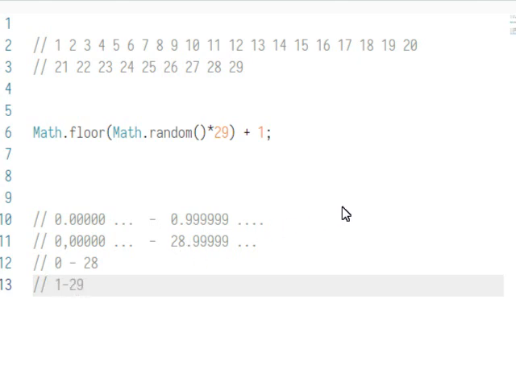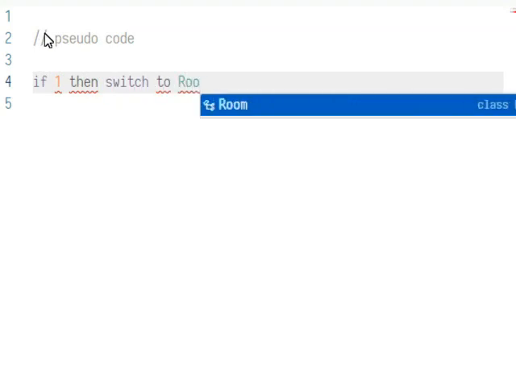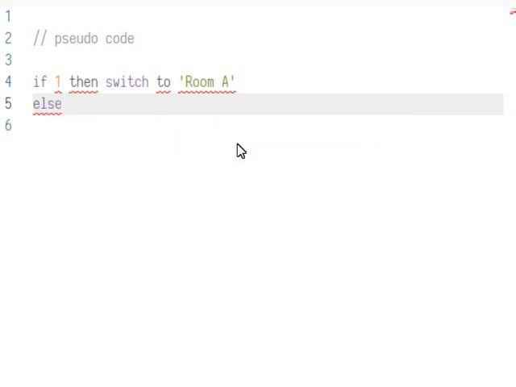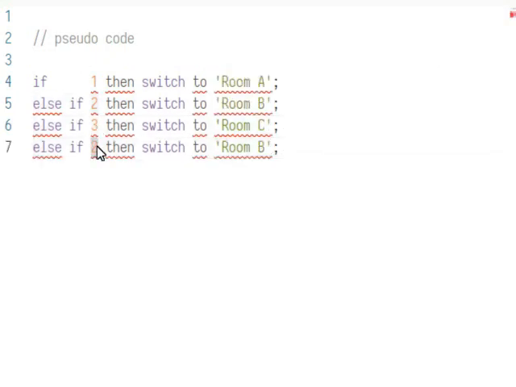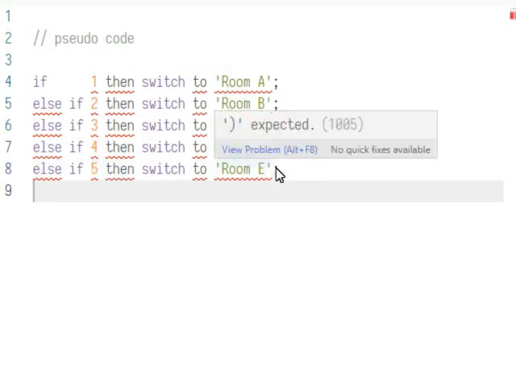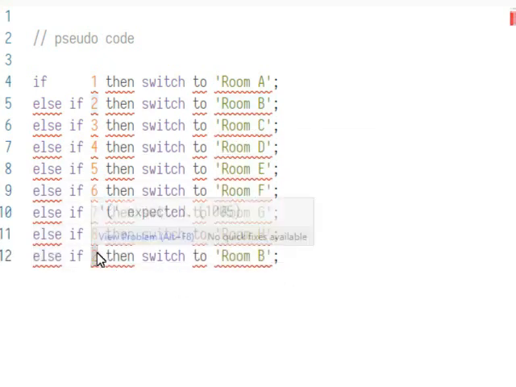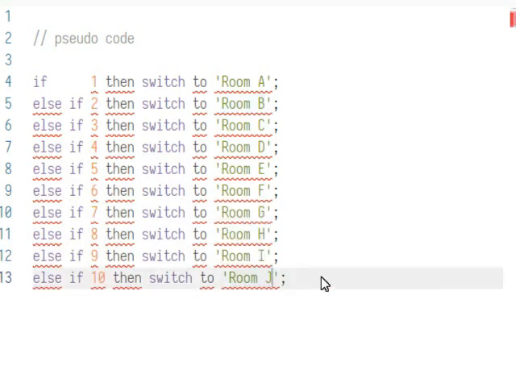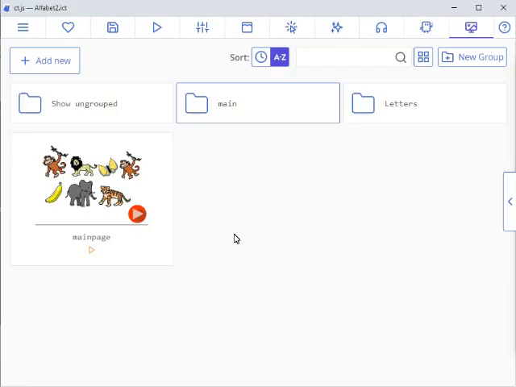The result will determine to which page the jump will go. I will do this as a series of if-else-if statements. I don't want to repeat this code on each page, so I make a new room that only will act as a type of switchboard. All other pages jump to this room when the next button is clicked. The switchboard page will then run the random number and switch to another page in accordance with the random number.